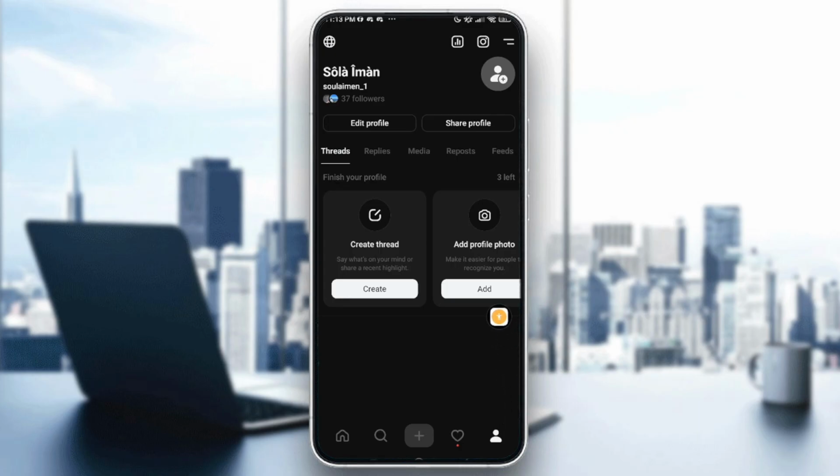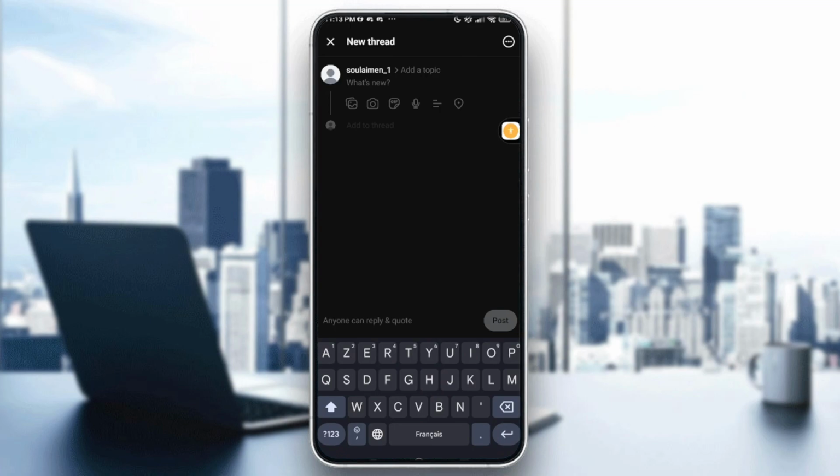And after that, let's consider that you want to create a thread and you have a public Threads account. So go into create. Once you create a thread, you, for example, type something and share a picture with it, or maybe an audio, and after that you just need to head over into post and tap on post, then it will be